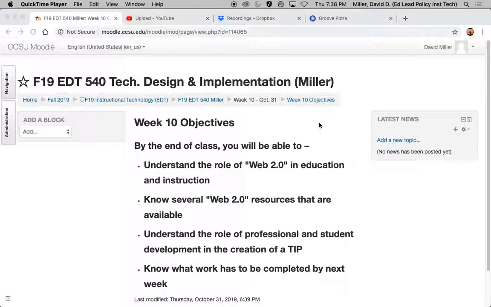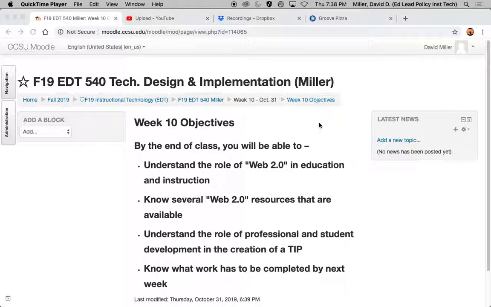So in terms of tonight, I want to take a few minutes to talk about phase 4 of the technology integration plans, which is really the last gathering new information together part. There will be one more phase, but that final phase is going to be basically taking bits and pieces and sections of all of the 4 phases you've done already and just assembling them into an actual document that might be something you would present to a board of education or something like that. So there's not going to be much in the way of new content for that final phase. It's going to be more about bringing together and editing the content that you've already created.